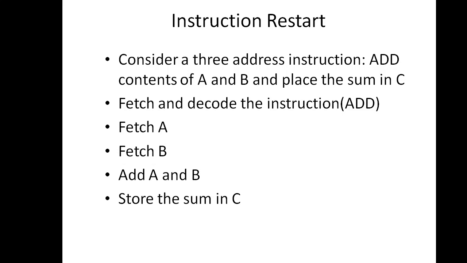We will have to get the desired page, get it into the main memory, and then correct the page table, because we have to update the page table once we load any new page into the memory, and then restart the instruction. In this case, restarting will require fetching the instruction again and decoding it again, and after that I have to fetch the two operands again and then add again. After this only I can store the value into c. Now this page will be loaded, and now I can store the value into c. So that might be one of the worst case examples for a page fault.